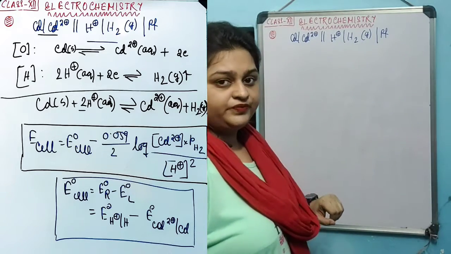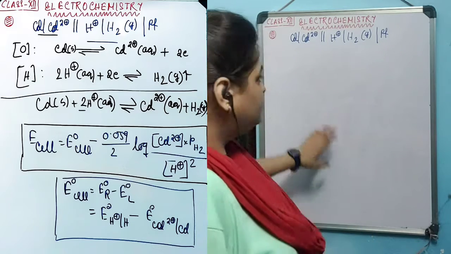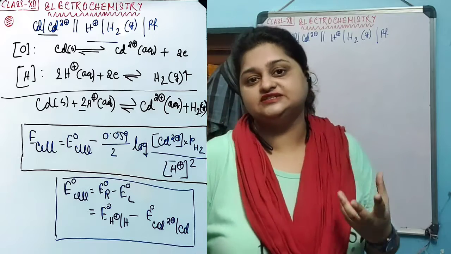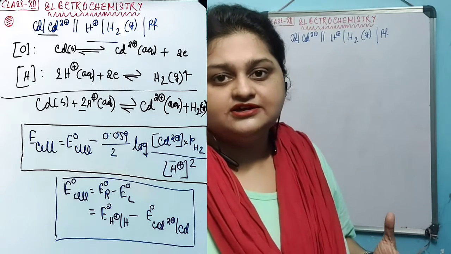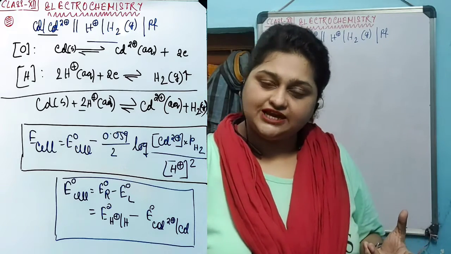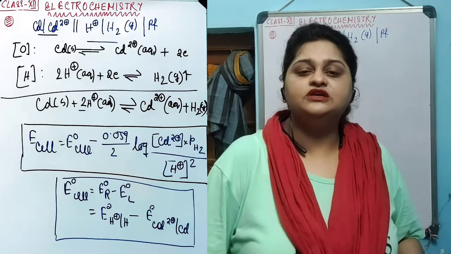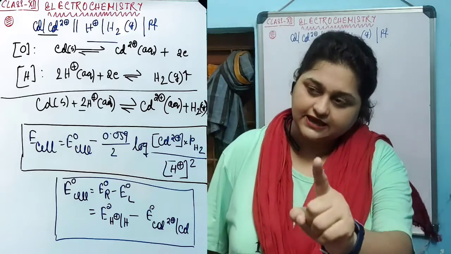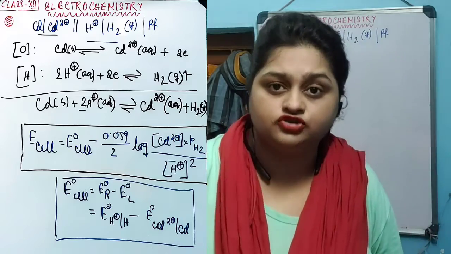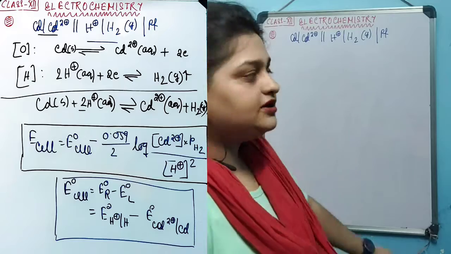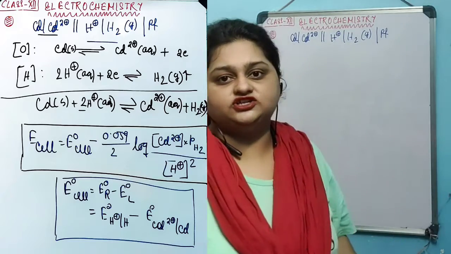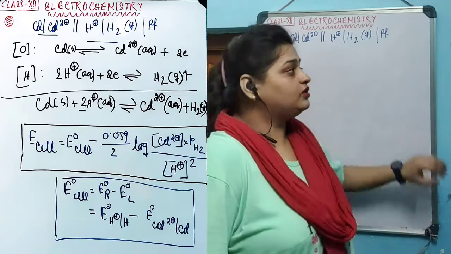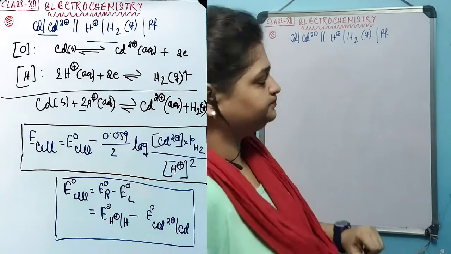Like in this case, there is no platinum on the left hand side of cadmium, because cadmium itself is the species taking part in the reaction, and the state of cadmium is also solid. So cadmium itself takes part in the reaction and also plays the role of the electrode. That cannot be done by H plus or H2 in gaseous state. That's why the help of an external inert electrode is taken in the form of platinum.